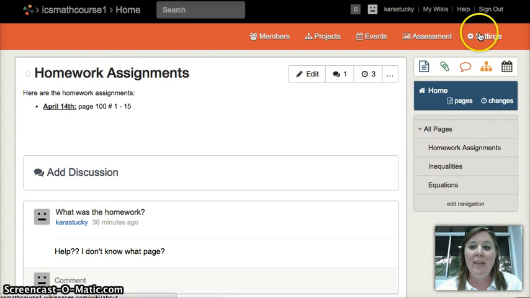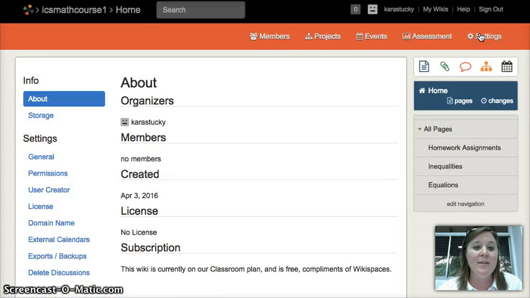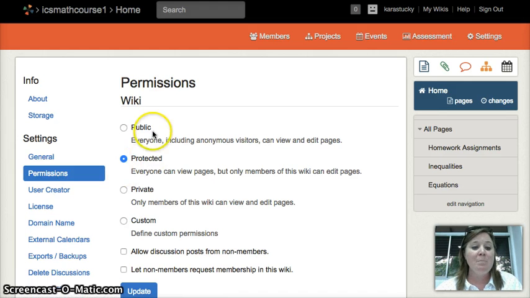All right, one other thing that I wanted to show you guys in the settings. When I first set this up, it was actually private, so no one could view it. But if you go under permissions, I didn't have all these options here, so I had to verify my account first. What I did was put my phone number in, and then I got an automated call from Wikispaces that gave me a PIN. I typed that PIN number in, and once I did that,